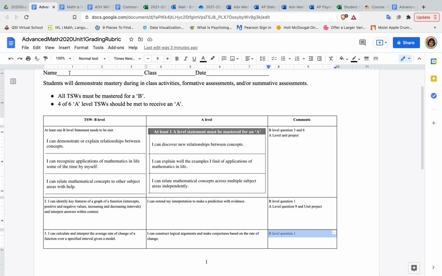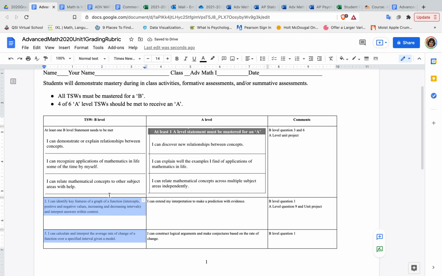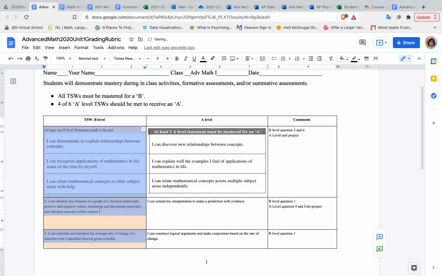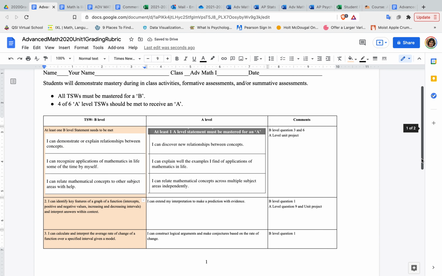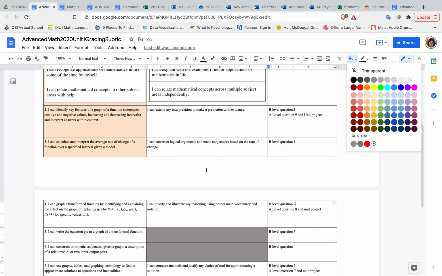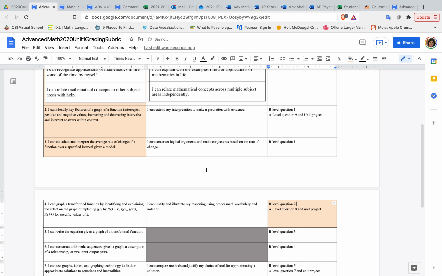So it'll have your name here, right? This is Advanced Math 1, and then the date that you take it. And if I highlight these things, you'll see it highlighted, that means that you have it and it's done correctly. And let's say that on this transformations, you missed this question 2. So what I'll do over here is I'll highlight this,